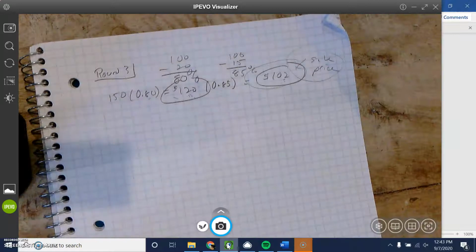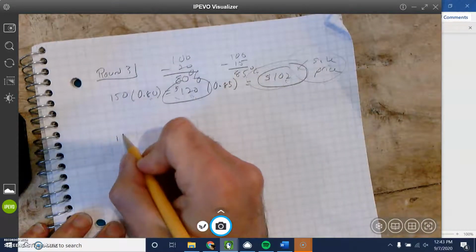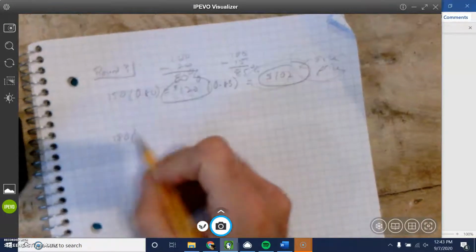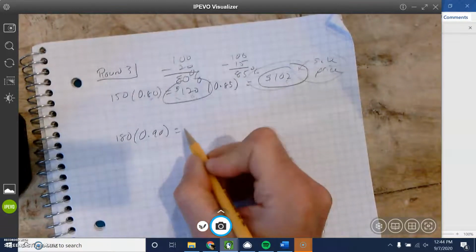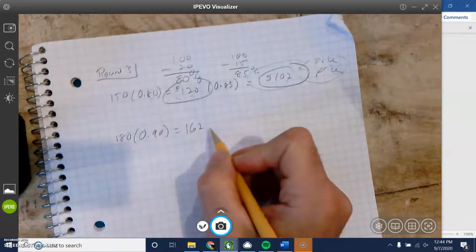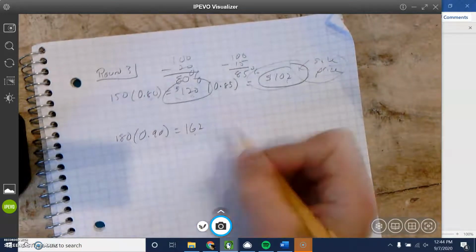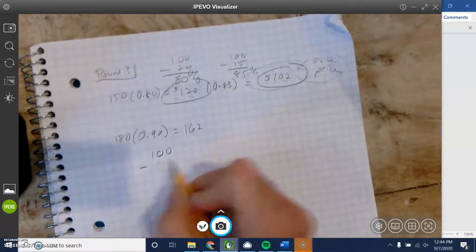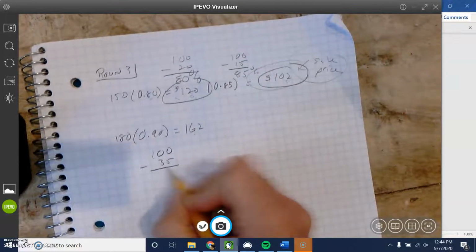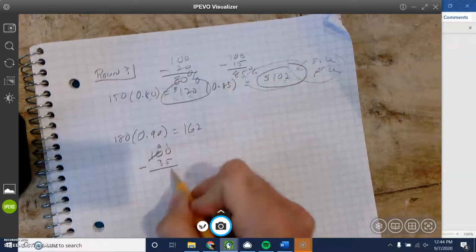All right. Let's see if you got it. So it was $180 and you're taking 10% off. So that means 90% is on. So we already did that. That one was $162. Now you have a coupon that says an additional 35% off. So 100% is the whole thing and you're taking 35% off. So that's going to be